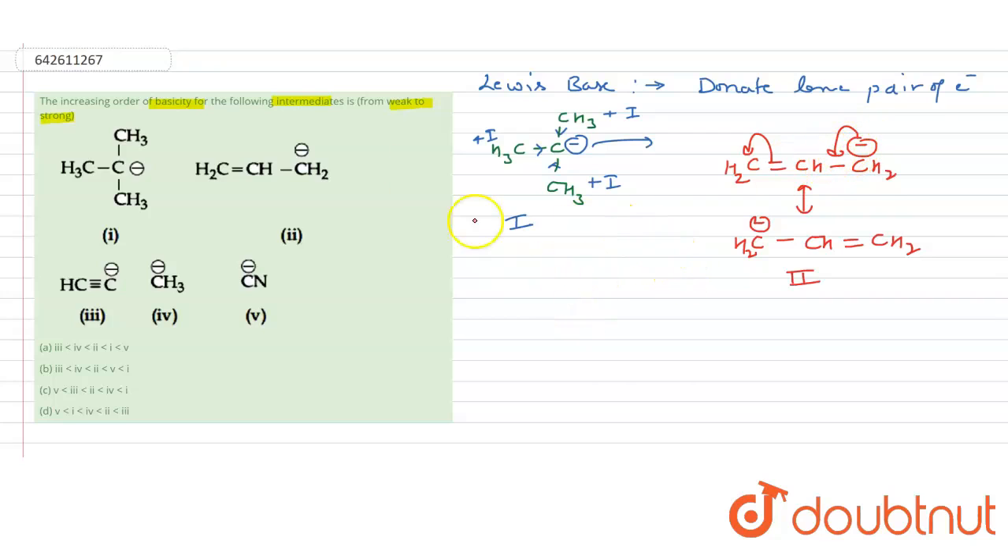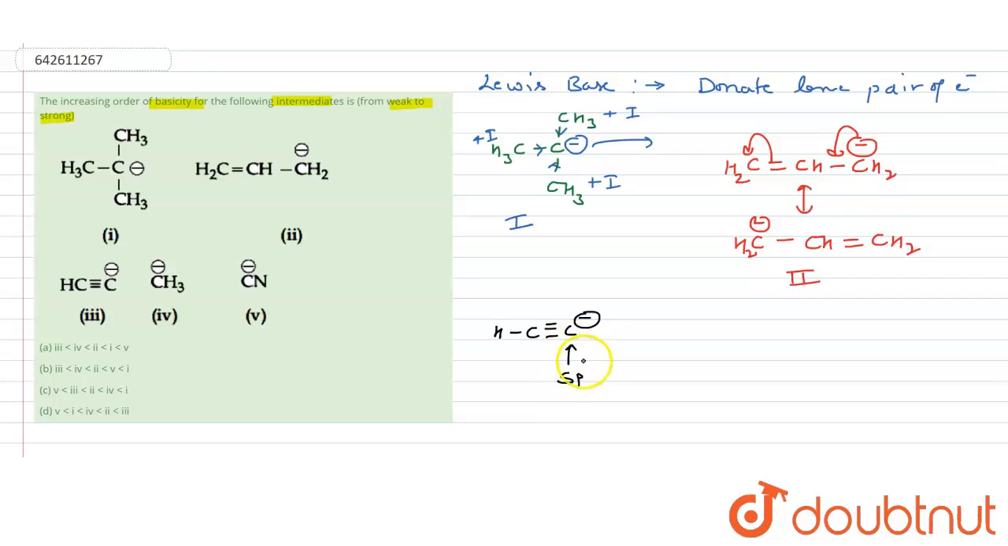Now if we talk about the third one, it is an alkyne, that is CH with a triple bond over here, and there is a negative charge over here. As we know, this carbon is sp hybridized due to this triple bond, so it is structurally linear. And we know that as the percentage of s character increases,